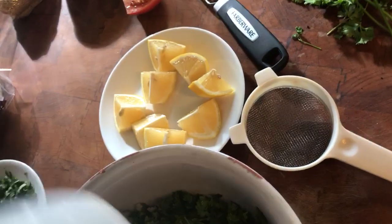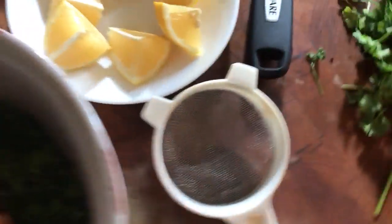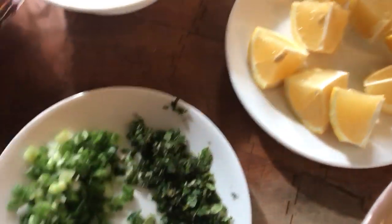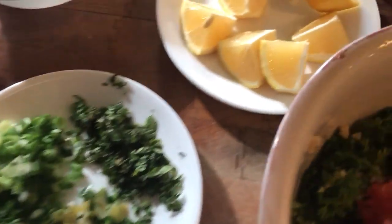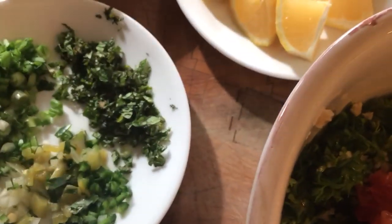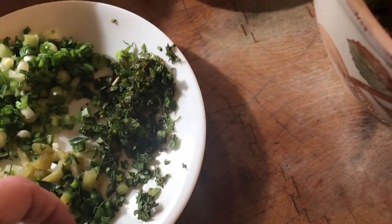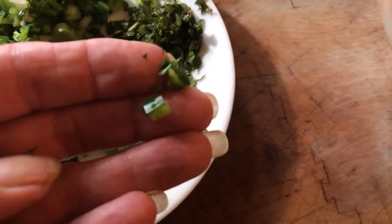And I have this super expensive organic lemon. I wasn't going to let that go to waste. I bought this package of mint, crazy expensive, at Walmart the other day. So here I have 2 green onions with any of the dried up parts peeled off. Just get rid of it. You don't want it to be tough in the tabbouleh. And then this is a few mint leaves, which I chiffonade and then chopped. And this, I usually fine dice jalapeno, but this is leftover serrano chilies from yesterday,